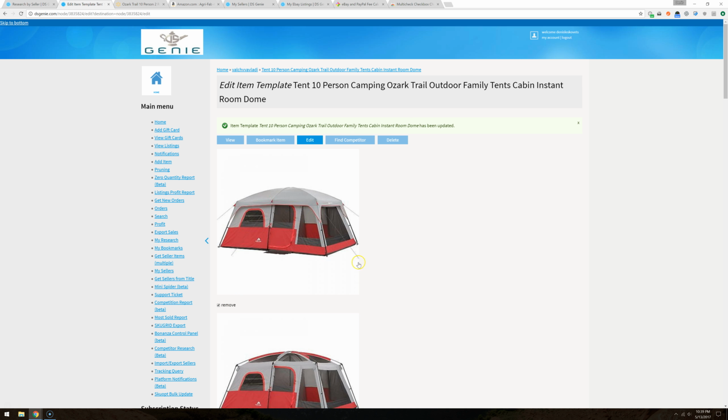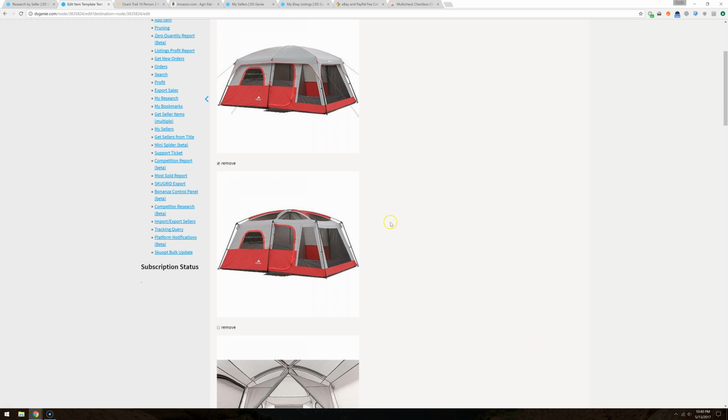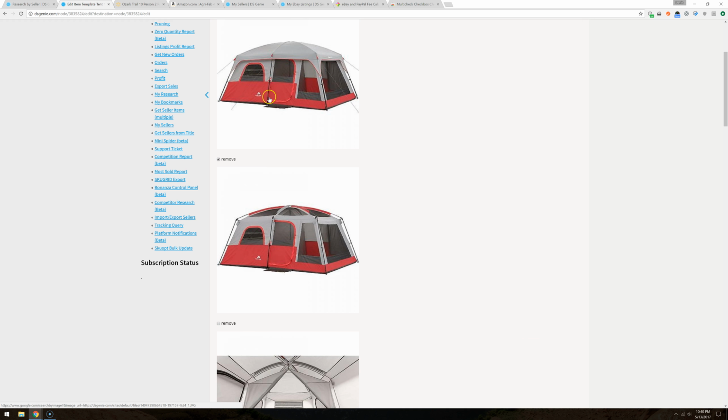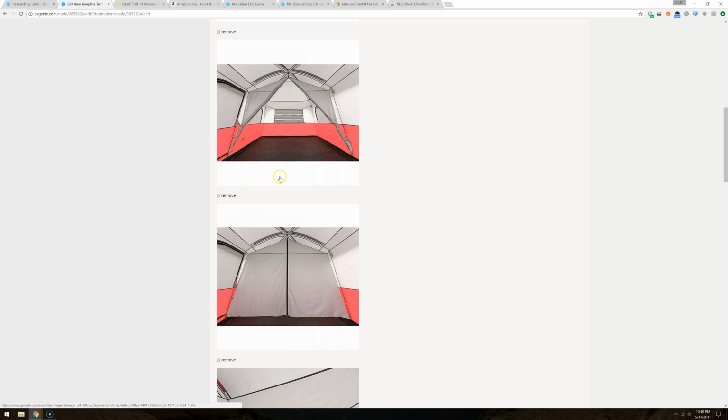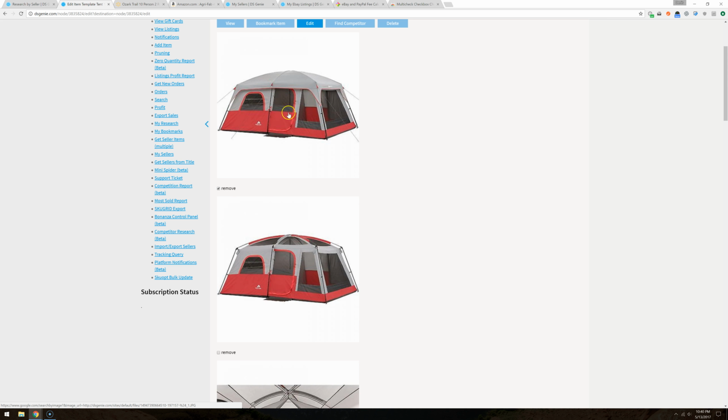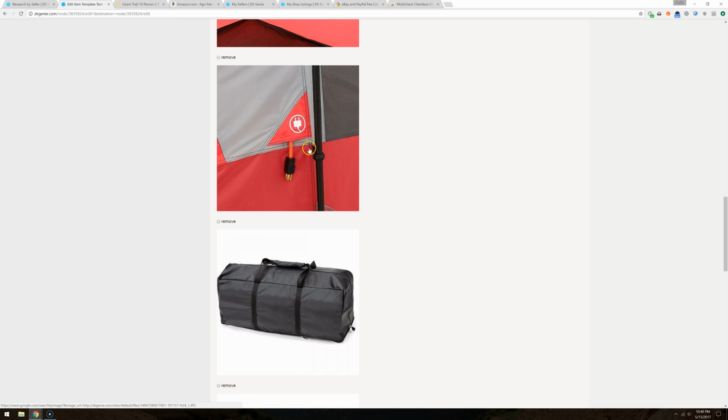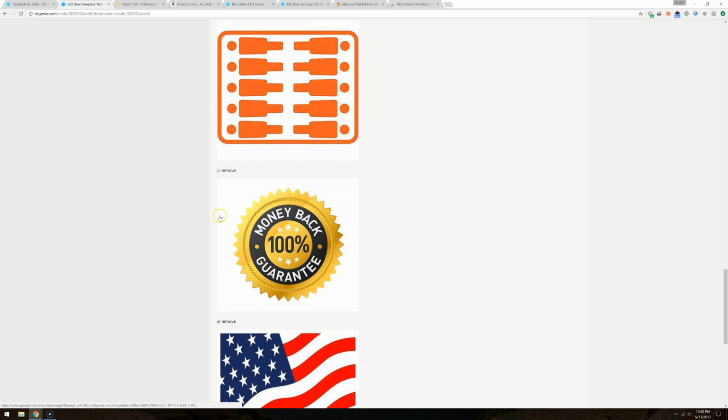You would remove it. And if there are additional images that look exactly like this later on in the listing, then you would click to remove this image and it's fine. But sometimes all of the images have watermarks, so you would just click remove on all of the images,